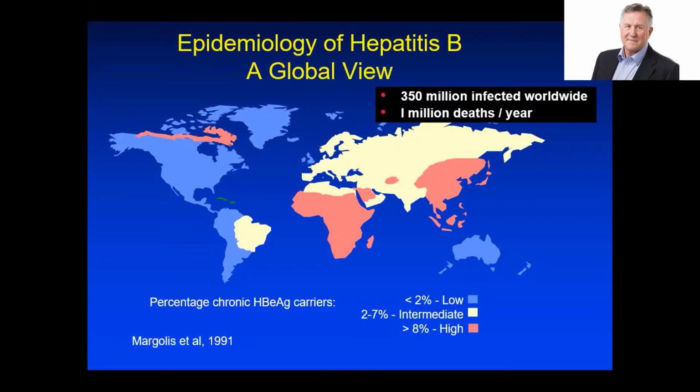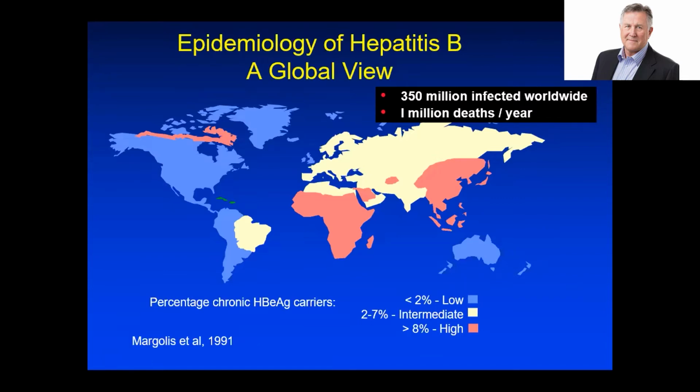So firstly, just to reiterate Jennifer's points about epidemiology. This slide illustrates that high rates of hepatitis B occur in certain parts of the world, and WHO divides this into high, intermediate and low levels of prevalence. You can see that Australia in blue is technically a low prevalence area, with a prevalence of about 1% of the population. However, as I will show you, there are subgroups within the Australian population that have